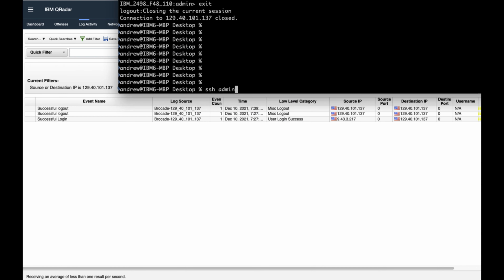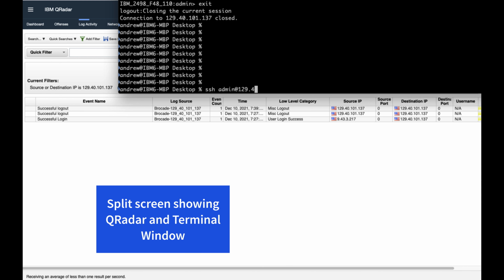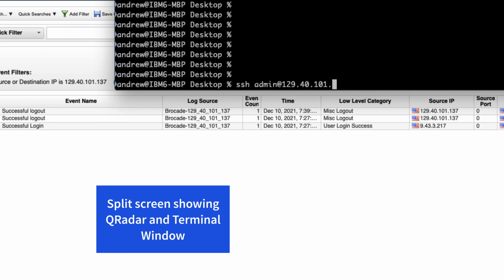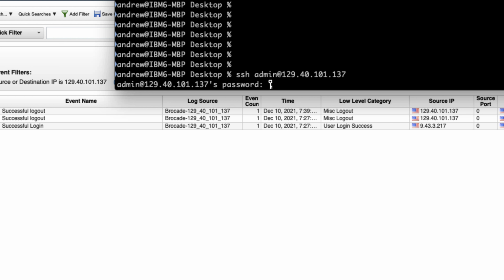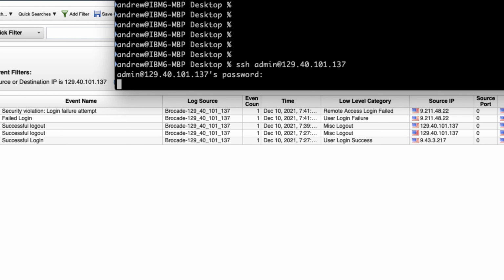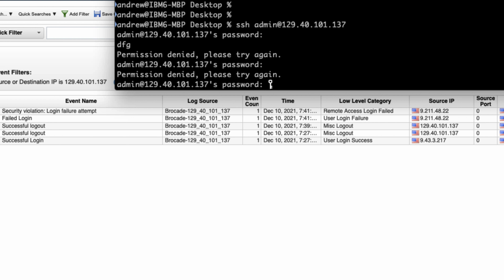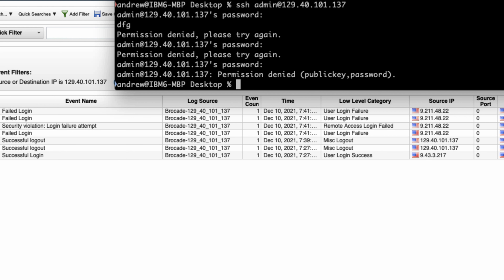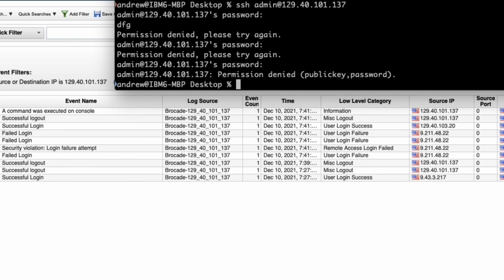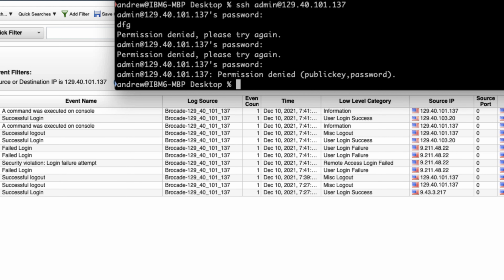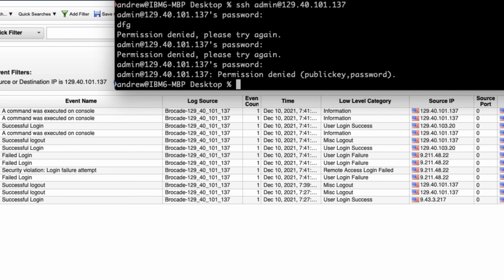In the upper right, you'll see the CLI screen where I'm actually going to log into the switch, and this time I'm going to not use the right password. And on the bottom, you can actually see QRadar. So you can see that I've logged in before, no problem. It's actually worked quite nicely, and now I'm about to break it, or in this case, show off how QRadar will take intelligent actions with the FOS to block me. So I'm now putting in the wrong password a whole bunch of times. You'll see those failed logins, along with a couple successful logins because of Shashank with me at the same time, just to show that we can be surgical about all this.